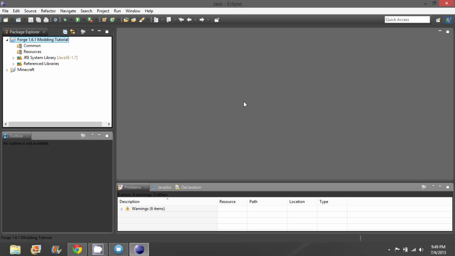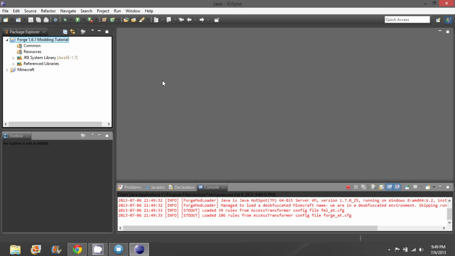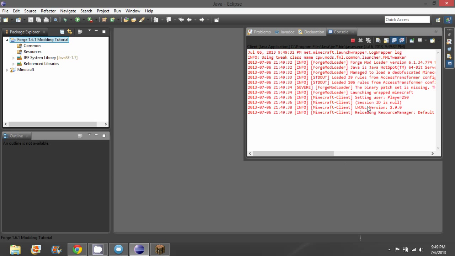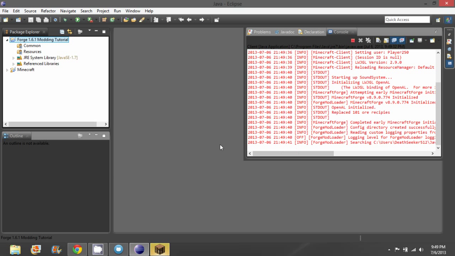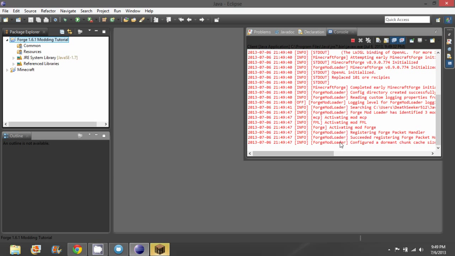And actually, let me run Minecraft just to make sure it's actually running. Just because I like it over here, I click the minimize button. But as you see, Minecraft is actually running.